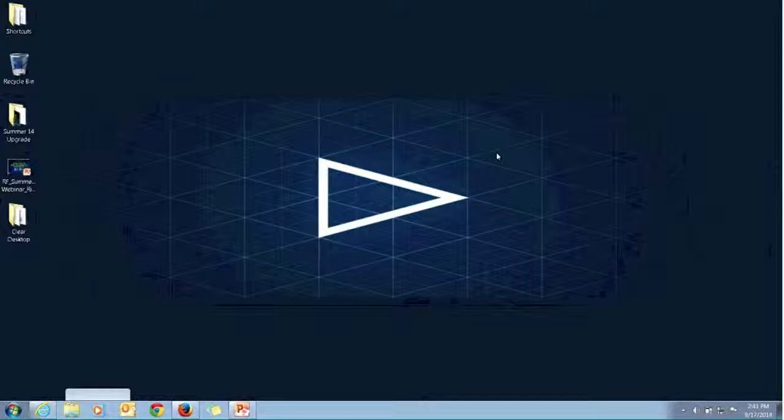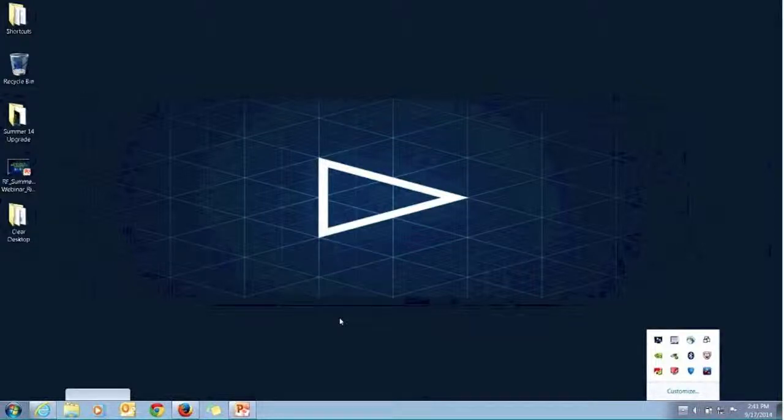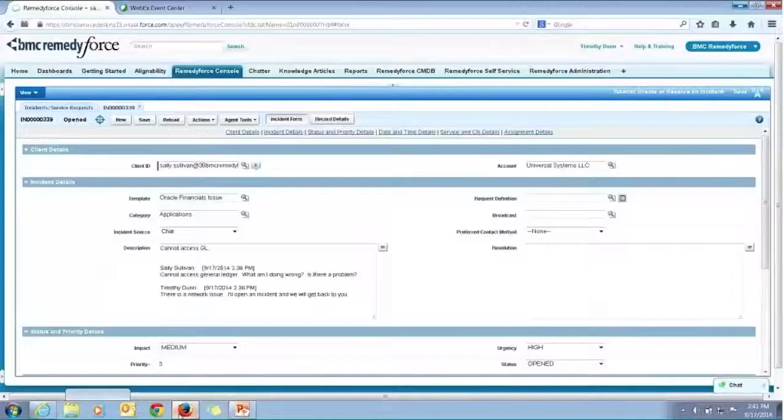So I am just waiting for AirPlay to kick on, and then we will be able to look at MyIT directly from a device. Bear with me. Let's make sure Reflector's running. All right. And if we can't get that to happen, we will just quickly go ahead and go over to